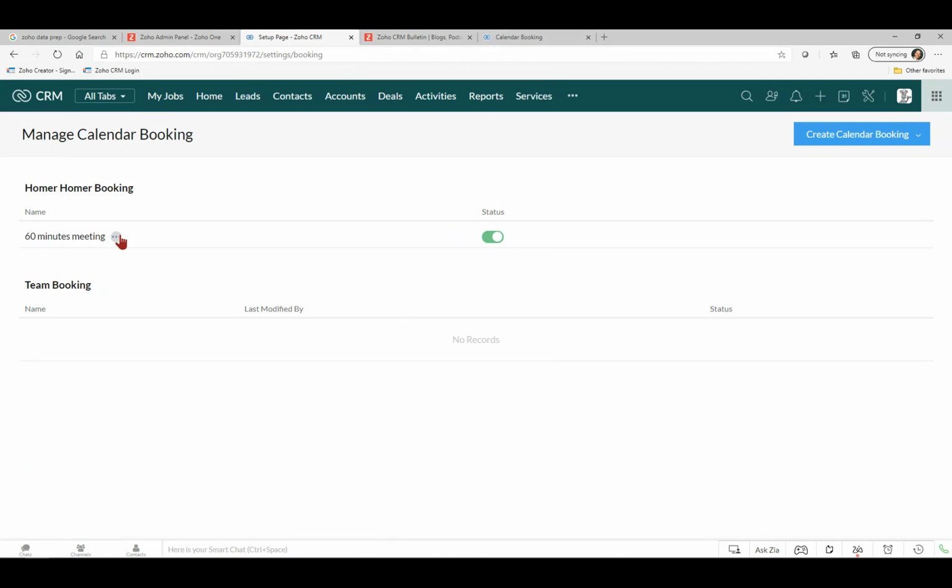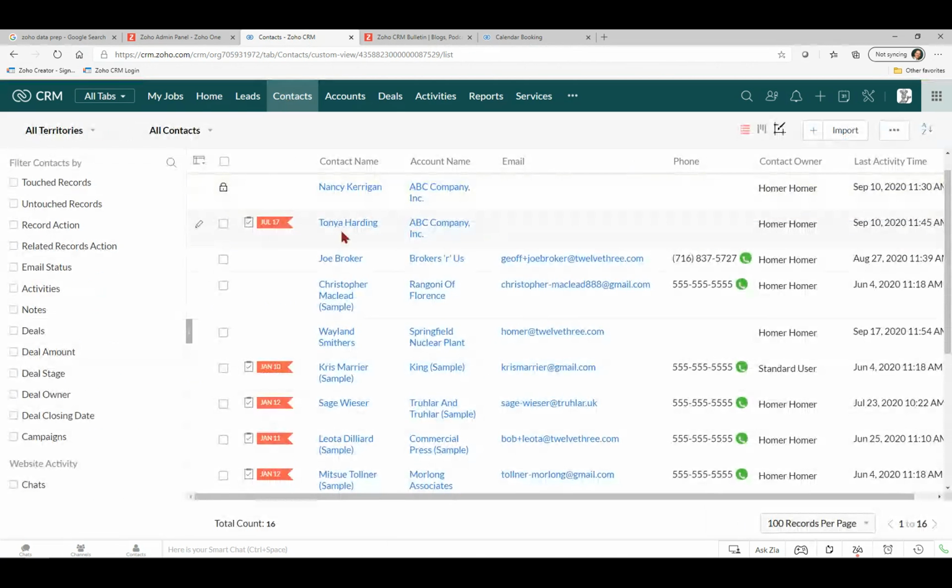Another thing I can do is add this to my email signature. Now, this is only going to add it to your Zoho email signature. Real quickly, I'll show you where that is. That's for only when you use Zoho to send mail. Just to review that real quickly, if I'm on a contact, say I'm on Joe Broker here,